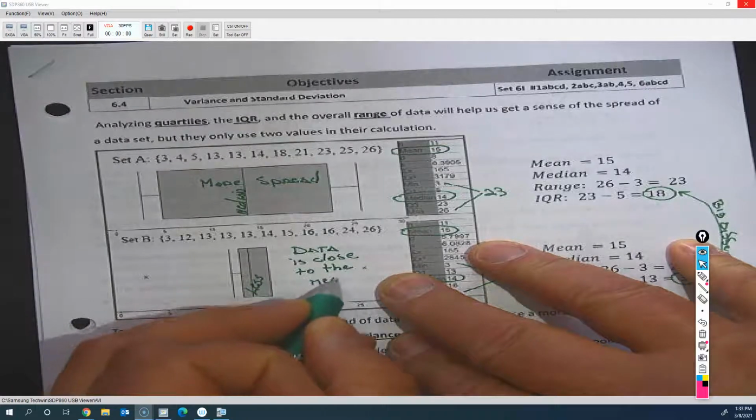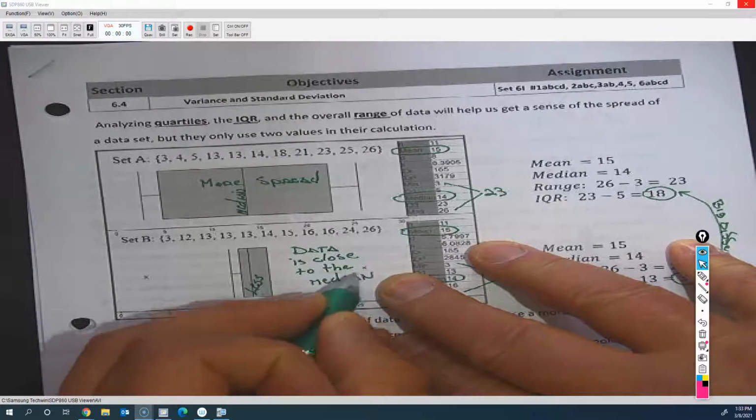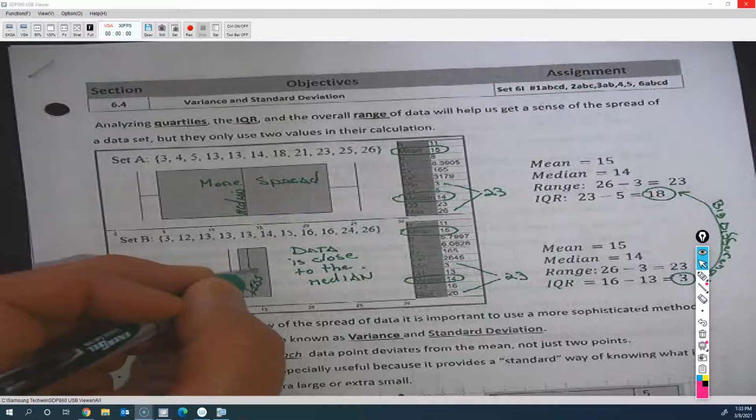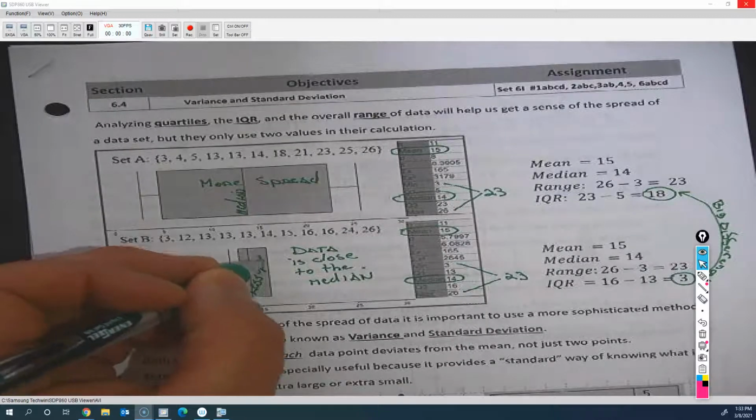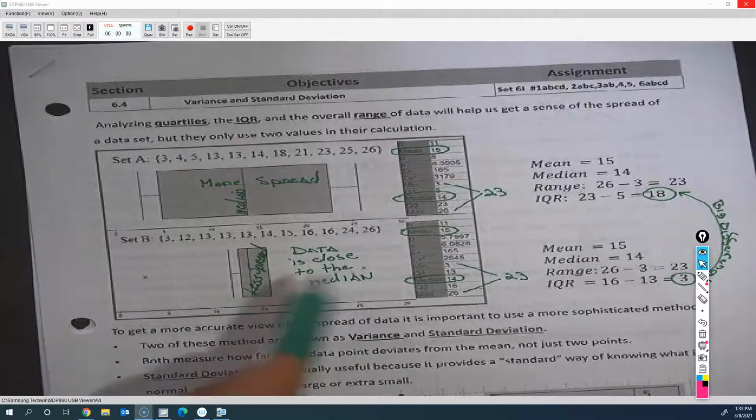That's what the size of the box tells you. That's a really narrow box. Remember, 50% of all the numbers are in this little box. So 50% of all the data is really close to the median. Now what standard deviation does is very similar to this, except instead of the median,